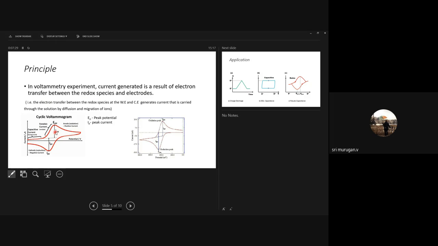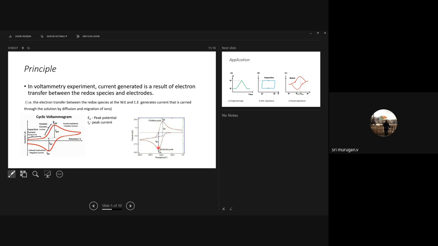You can see that the upper one is an oxidation potential, and the lower one is a negative potential as a redox potential. This one will be very clear actually. So this upper part we'll take as EP. EP means oxidation potential, and the down one is a reduction potential.